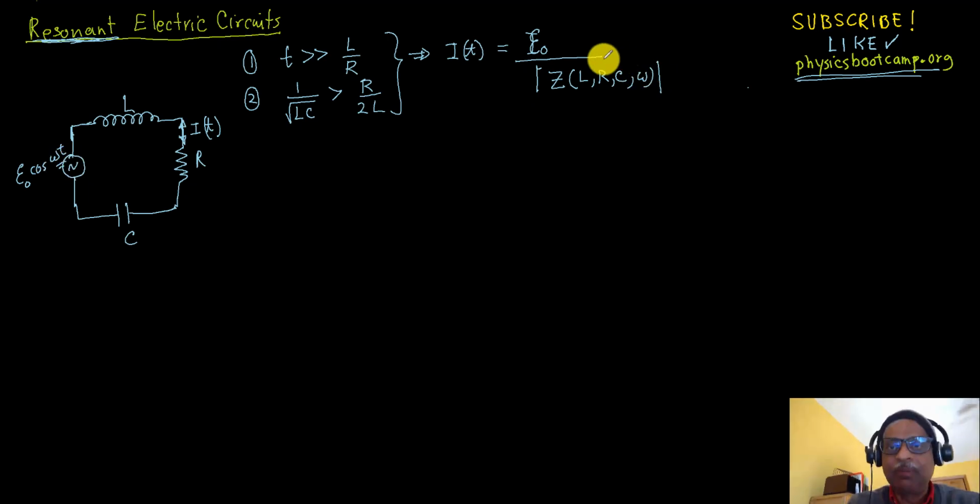So it's a complicated quantity, okay? And it's a cosine of omega t plus some phase, and this phase phi, tangent of phi, is equal to